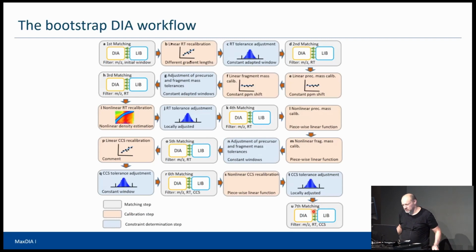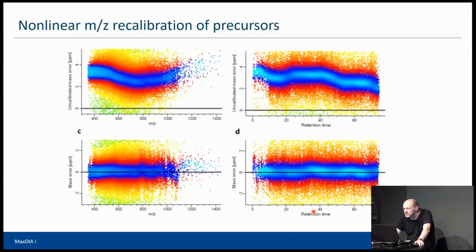Okay, so then, yeah, here are just some results. So there's just one Orbitrap run where we applied this bootstrap workflow, and you see also here, it looks like in the DDA data, before recalibration you have